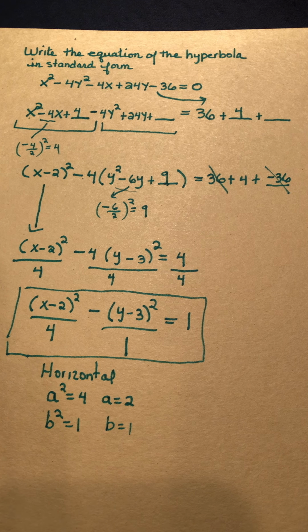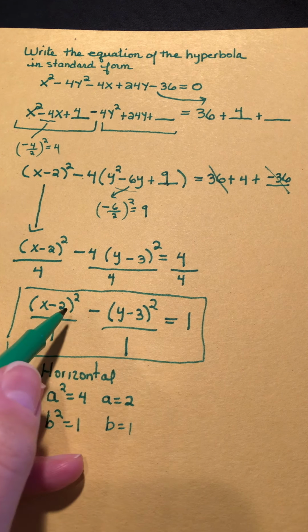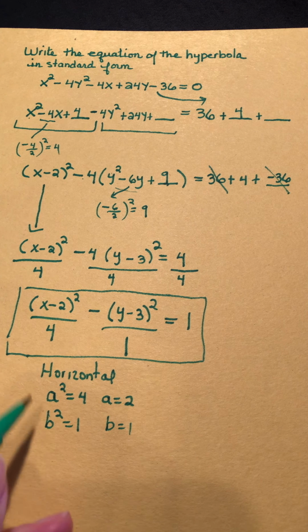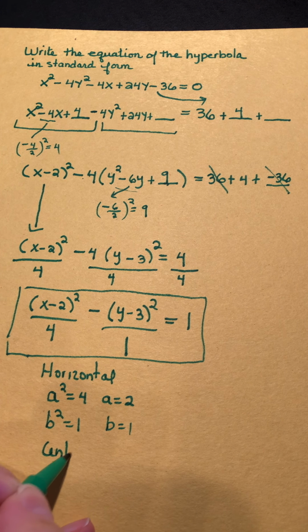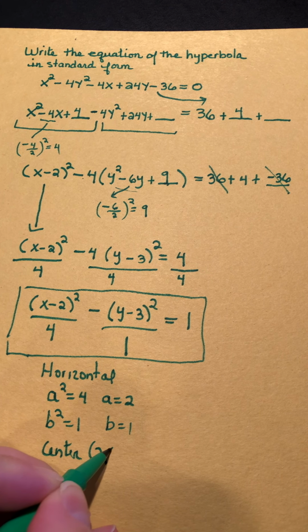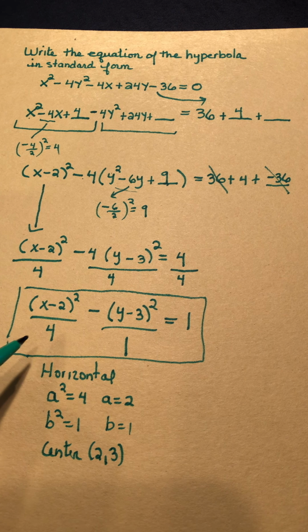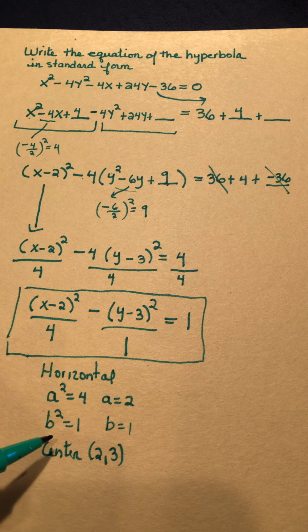Okay, I hope you found that helpful. I'm going to do another example in the next video of a similar type of problem. Actually, before I go, I'll say one more thing. I do know that the center is at 2, 3. And if I wanted to, from here, I could find the vertices, the co-vertices, the foci, and all of that stuff. So I'll leave that to you to try if you like,